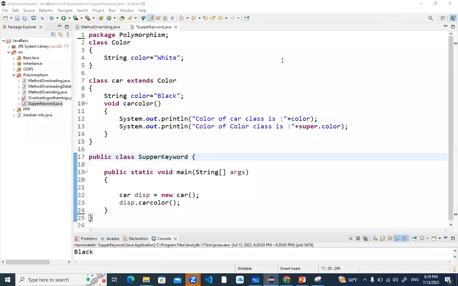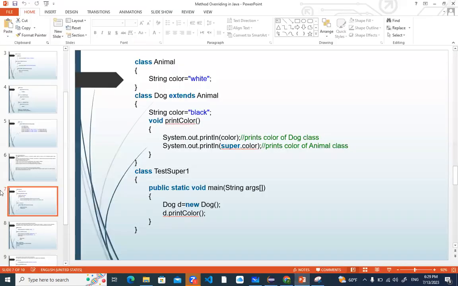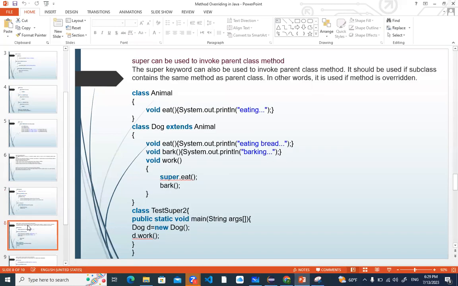Hey guys, we have seen that we can even access the fields and variables of the parent class. Now let's check this with the methods and how we can access the methods of a parent class. Let me go to the slide. In the slides, we have